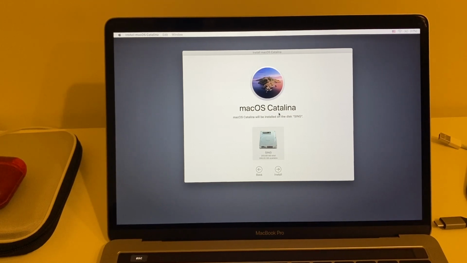Now Mac Catalina installs, because I purchased this MacBook on the Catalina version, so by default the Catalina version is displayed here, and then I can automatically upgrade to Big Sur or the beta version. I select this one and install, continue. Now it is showing 10 minutes, but it depends on your internet speed. It can take half an hour or 10 minutes. My internet speed is quite good, so it takes only 10 minutes. After 10 minutes the download process is done. This is the installation process ongoing.